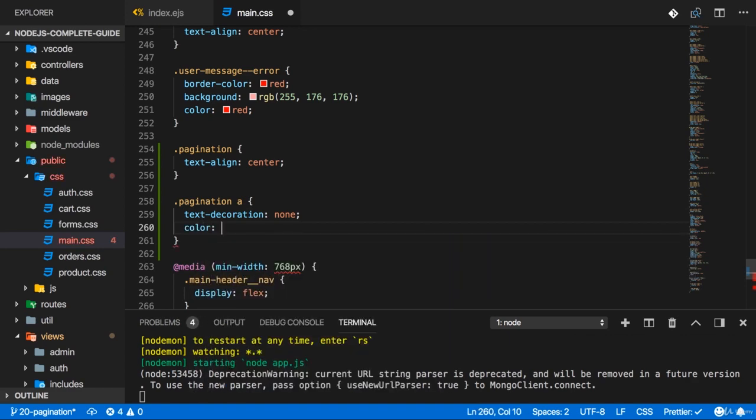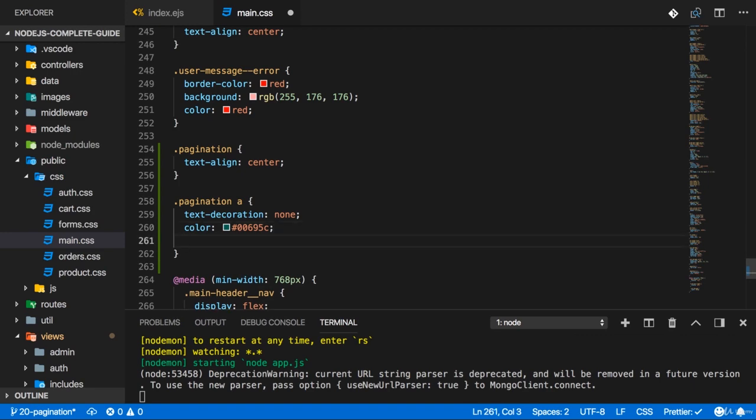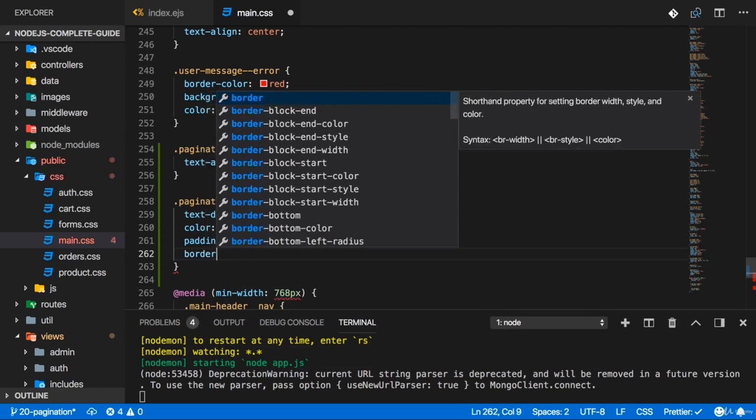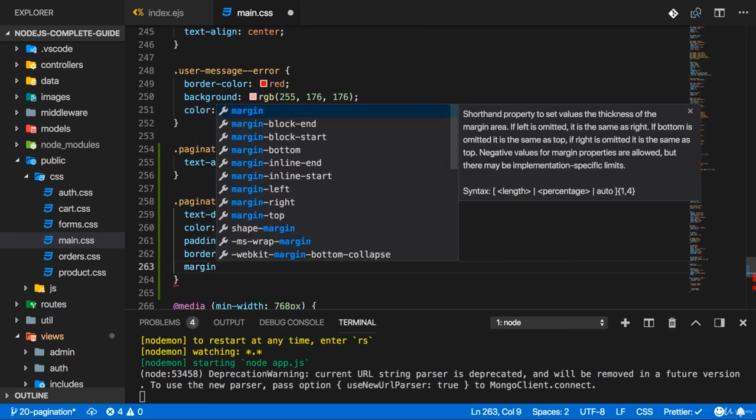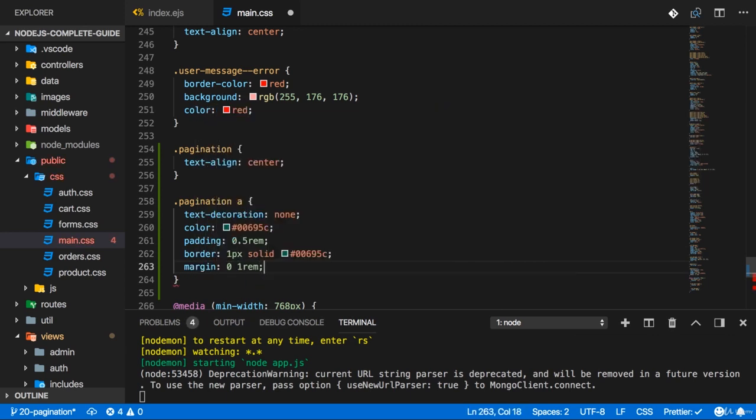I'll give them a color of, let's say, my green, which I'm using in this project. I will also add some padding of, let's say, 0.5rem, and give them a border of 1px solid and that same green color. And also some margin of 1rem left and right. Something like this. If I now save that,